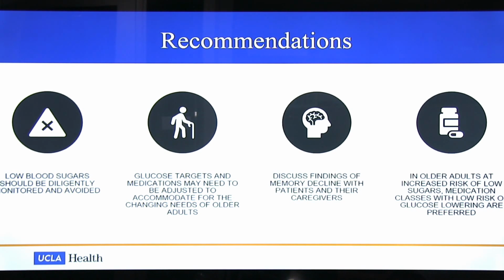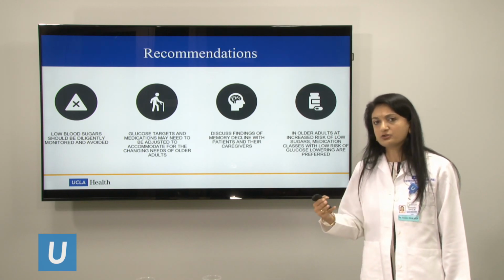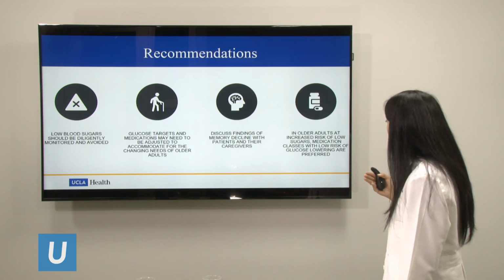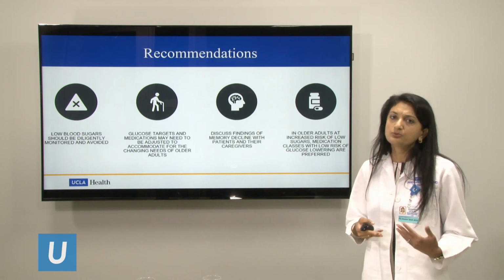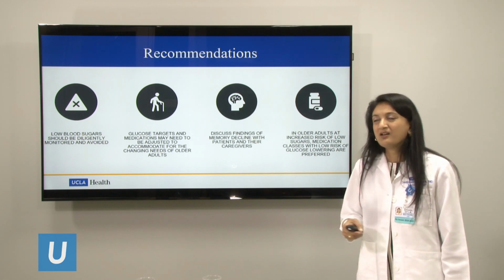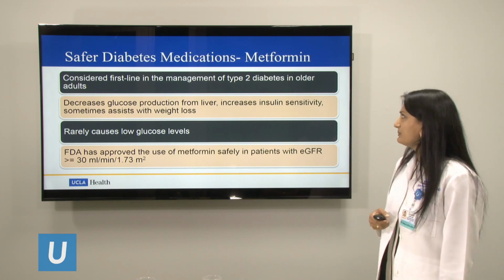So if there is some patient who had no dementia at the time of presentation, but 2 years later had a stroke and now has memory loss, we can't expect that patient to be able to do what they were able to do 2 years ago. We want to discuss findings of memory decline with patients and their caregivers. The family and caregivers need to be involved in decision making about medications. And in older adults at increased risk of low blood sugars, we want to use medications which cause fewer low blood sugars. So I will try to talk about some of the safer diabetes medications in the